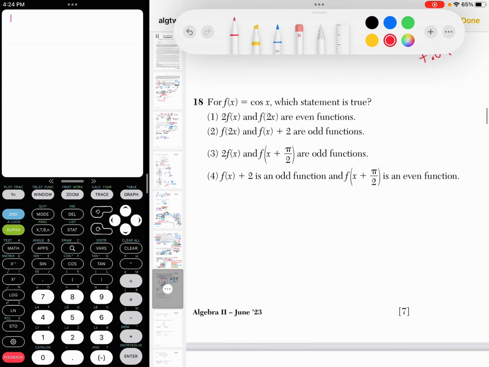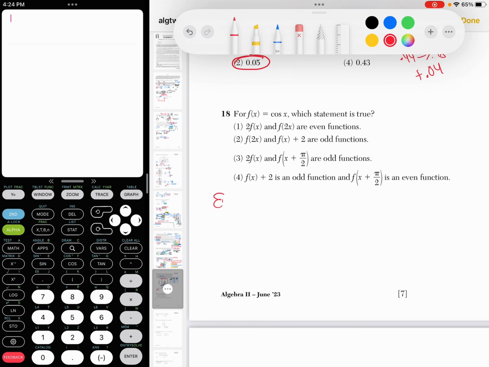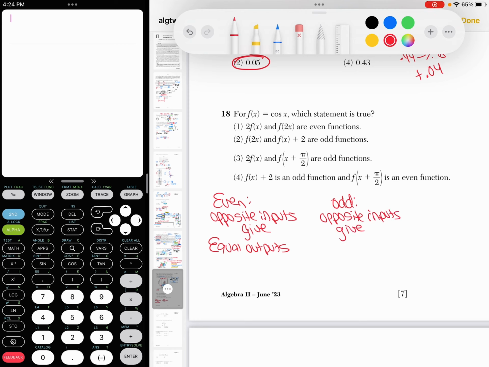So they're talking about even and odd functions, so let's review what those actually mean. For an even function, the definition of even function is that opposite inputs give equal outputs. And the definition of odd is still opposite inputs. Even and odd are both talking about opposite inputs, but for odd, they give opposite outputs. And then remembering that inputs is x, outputs is y. So the way that I had you guys memorize this in class is even, equal, odd, opposite, and they're always